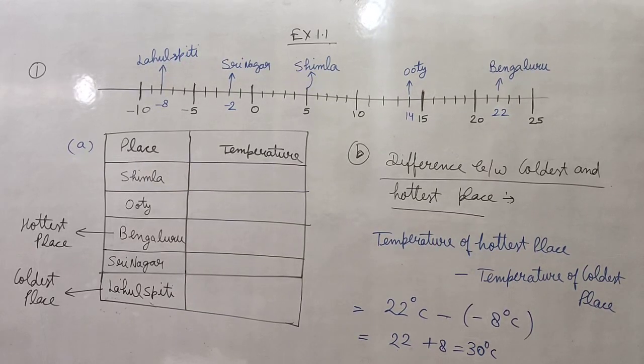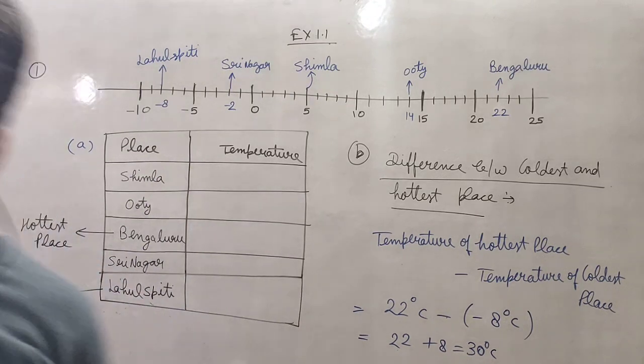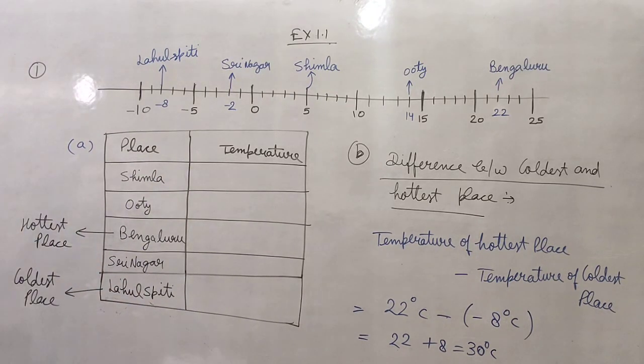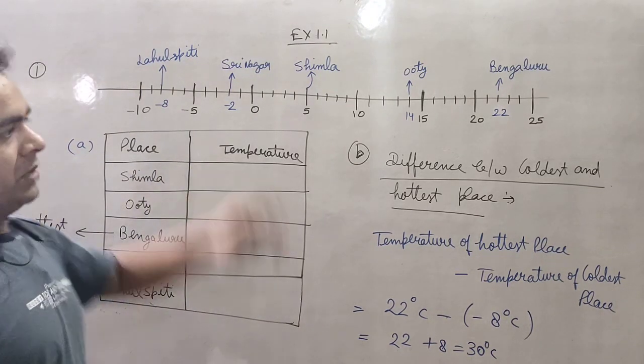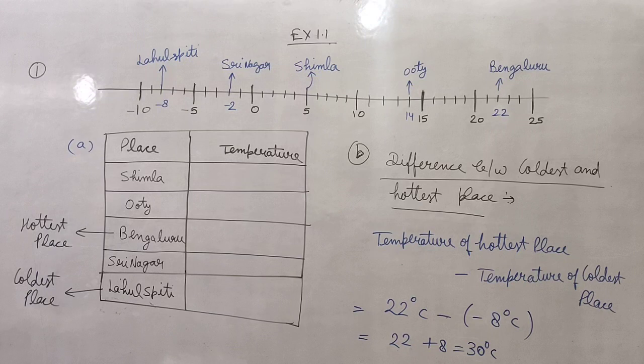So class, this is exercise 1.1, chapter Integers. I have written the first question here. You can see the number line where the temperatures of 5 places are mentioned. Now what you have to do, you can see here I have highlighted the blue one